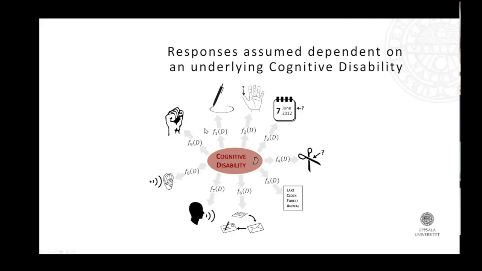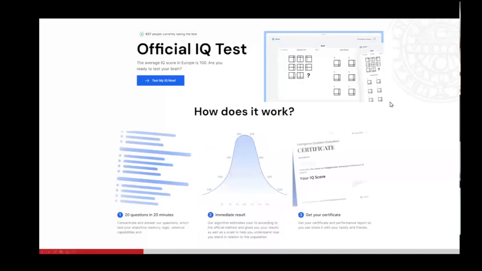However, the cognitive disability is a hypothetical construct. There is no given scale for this disability. That's something that we need to actually invent or come up with. And how this can be done can maybe be understood by taking the analogy with the IQ test, which I will assume that all of you are somewhat familiar with,